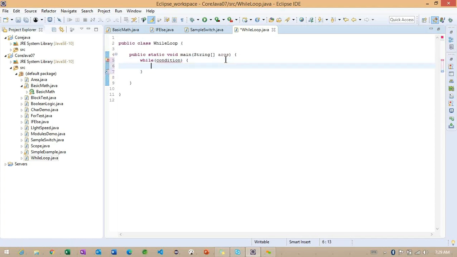If this particular condition is satisfied, whatever body we are going to add, those lines of statements are going to be executed. So this is the way we can define this particular while loop here.